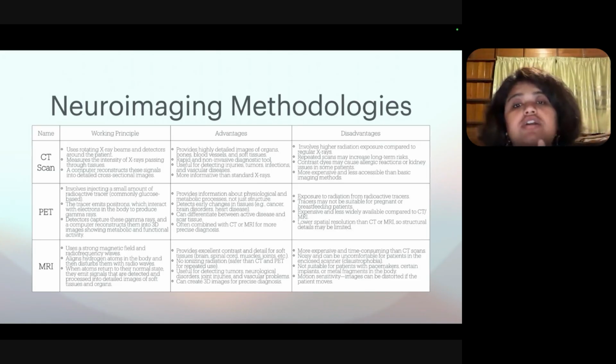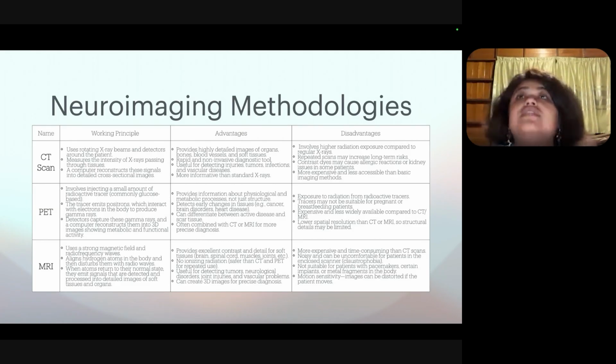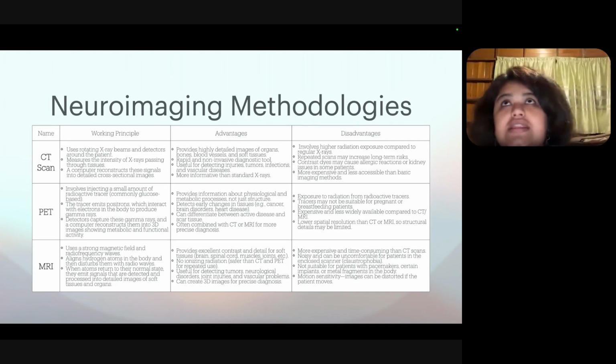Now, if the doctor doesn't find any injury in the hippocampus, any tumor in the hippocampus, or any infections, then what will the doctor diagnose the patient with? Because these are the only things that CT scan can actually diagnose and identify, and these are not there in the hippocampus, but the person is still suffering from memory problems. So in this case, the problem is not a structural problem, it's a functional problem, but CT scan cannot identify that. For that, we need PET scan.